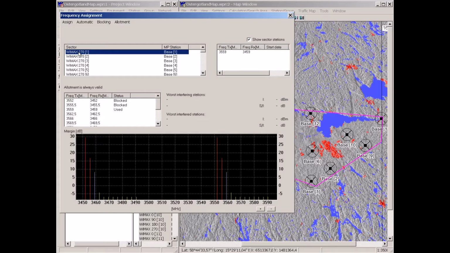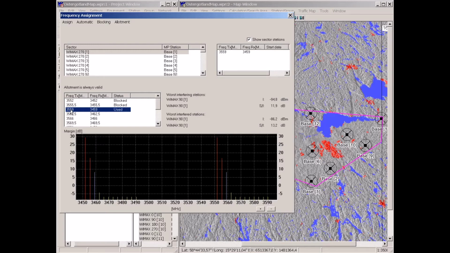But here we can see in the margin diagram, margin dB, how much interference we have on each frequency. Frequencies that are shown in blue, they are used by the station that is marked in the upper list. So this frequency